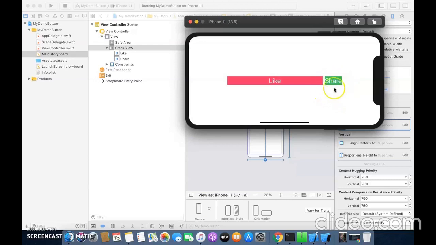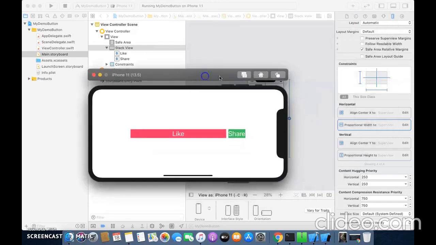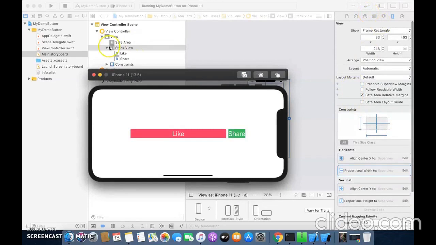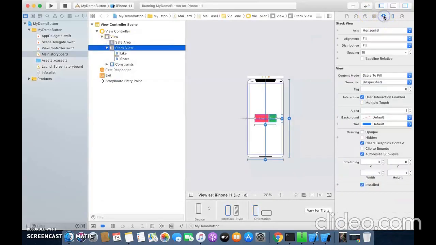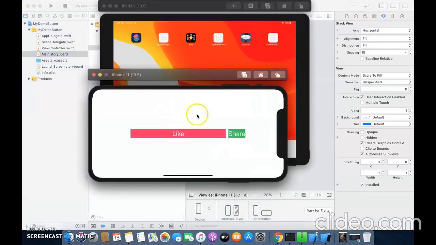It is taking that much space according to the text written, and the like button is taking the entire space. So this is the distribution we used. What distribution? We have used a fill distribution. So in a fill distribution, this is what the content hugging priority means.